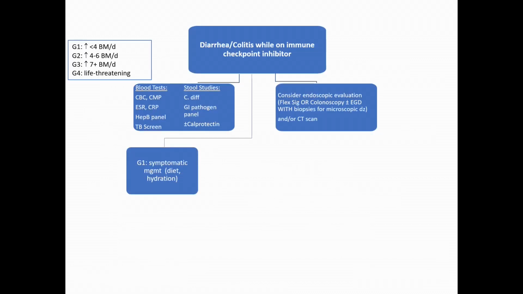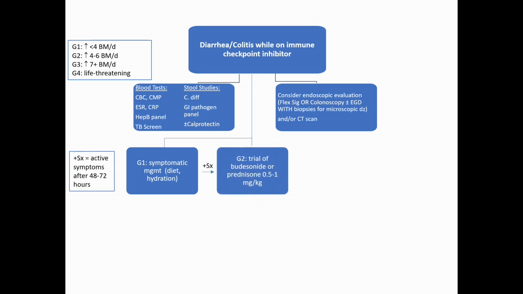So to take us through the management part of our algorithm, I think this is something that all the oncologists do in their routine office practice, so this is nothing all that novel. We're starting with grade 1. Usually you watch these patients for a day or two to see if this is transient, something they ate last night, or something that's going to be a sustained issue. If they're not getting better after a couple of days, or they're presenting with grade 2, then we're starting them on some kind of steroid, usually a low to moderate dose steroid off the bat.